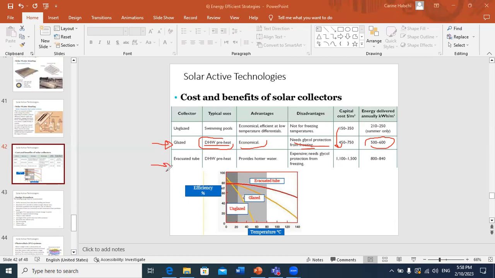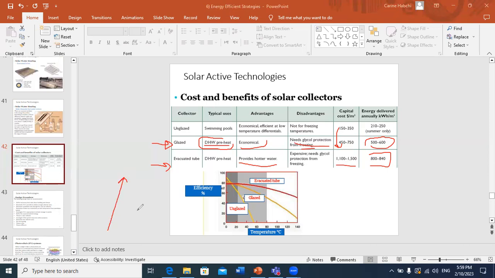And here we can provide larger energy delivery, but of course at a larger cost. So the advantage is that we can go to hotter water. So if we are in cold climates, or applications where you need very large temperature, you know that for the shower, you need to heat first to a very large temperature